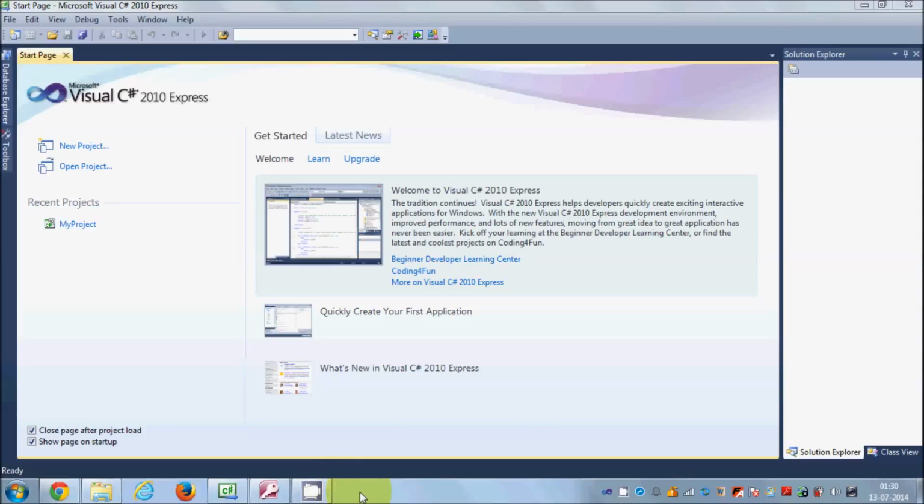Hello guys, welcome to the first video tutorial on connecting and using Microsoft Access database with your C# Windows Form application. In this video series, I'm going to show you how you can connect and use Access database with your C# Windows Form application, in which I will show you how you can connect your database,